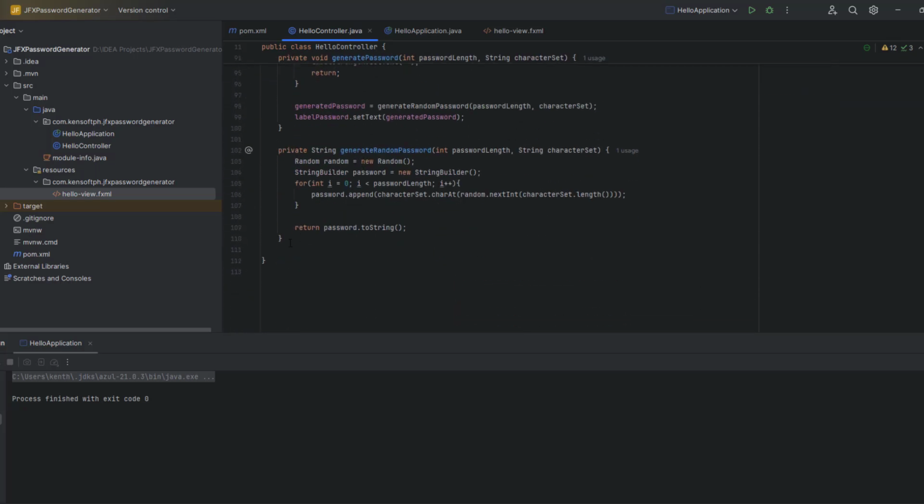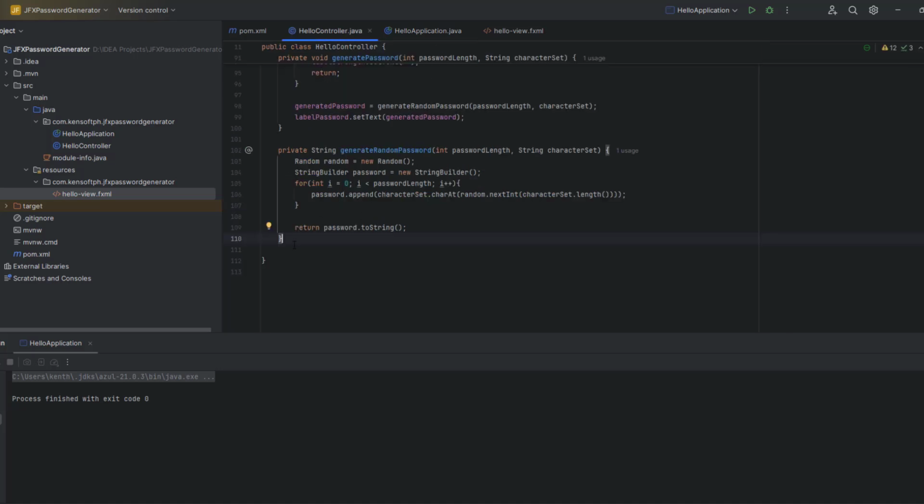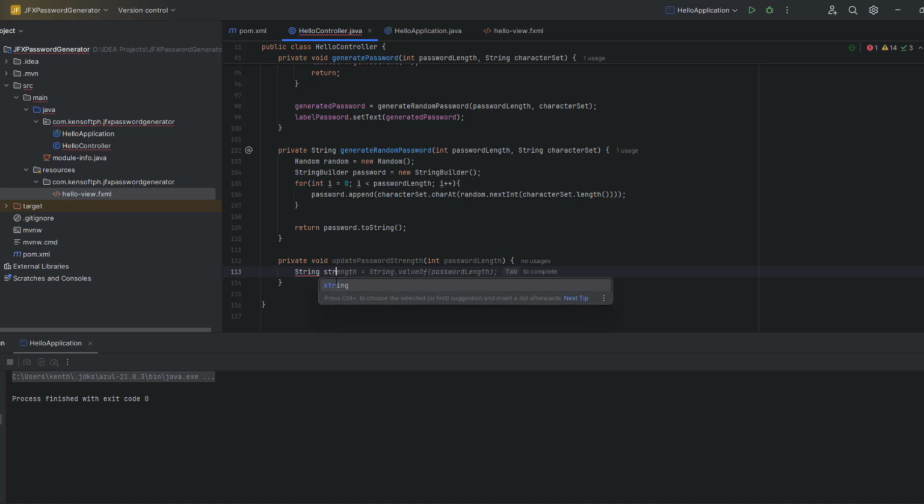All right, now let's work with the password strength. I'm gonna create a new method here. Private void, let's say update password strength. All right, and assign a parameter here, integer password length. All right, now I need a string for the strength as a message. So strength